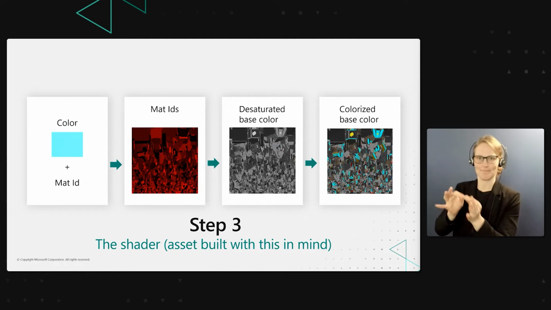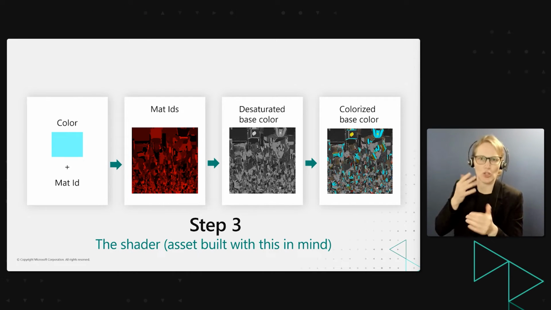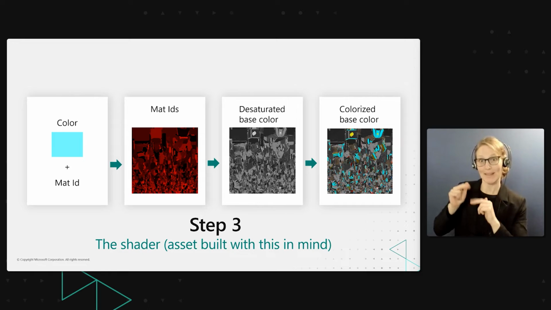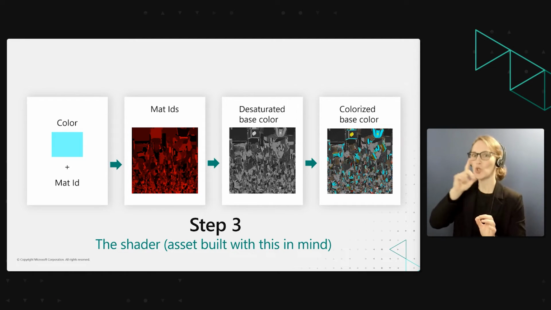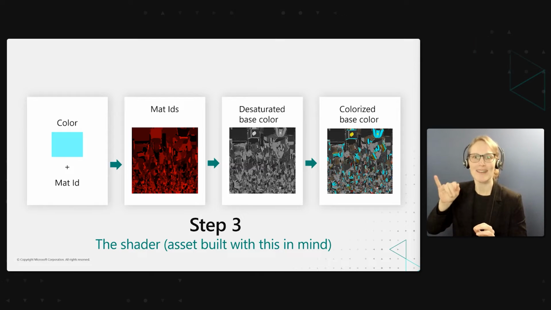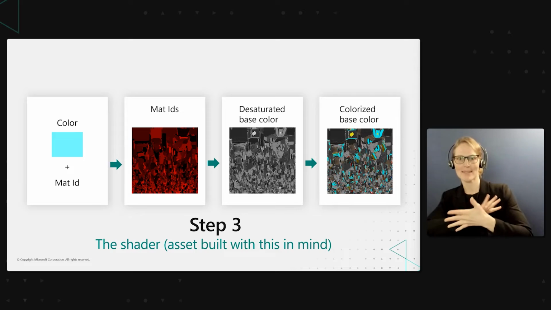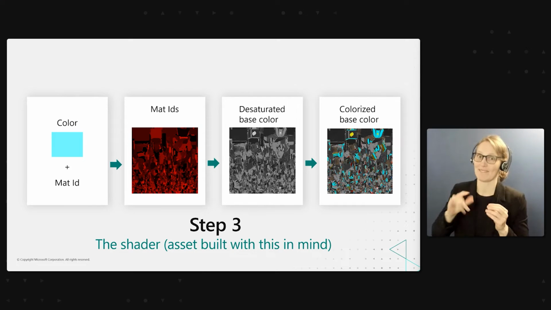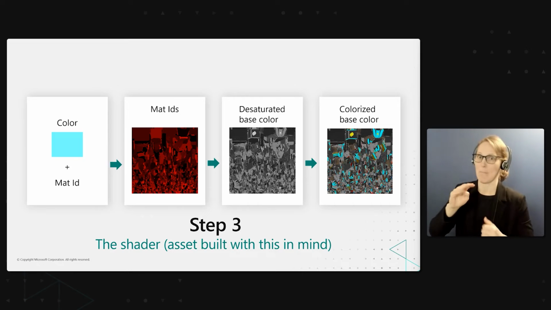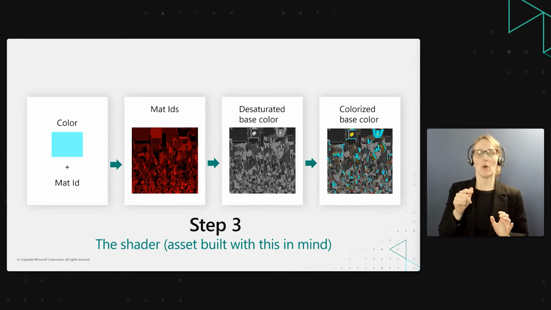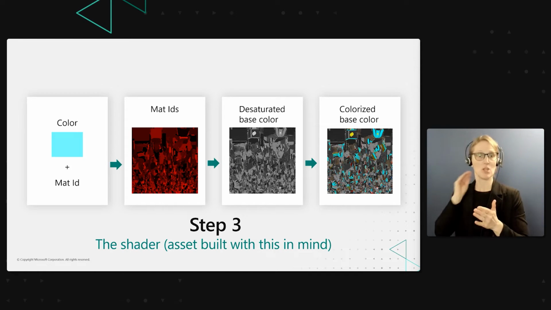But there is a simpler shader that you can do with this, and that is if you're building the asset with this in mind. In that case, you don't need the texture coordinates, because you wouldn't want to create something that you need to mask. That would create additional texture lookups, which is expensive if you want to run it in game mode. So if you build the asset with this in mind, you could build a shader like this.